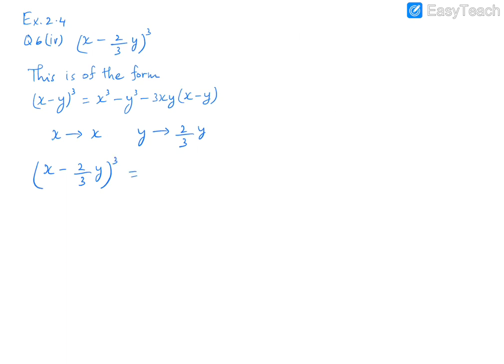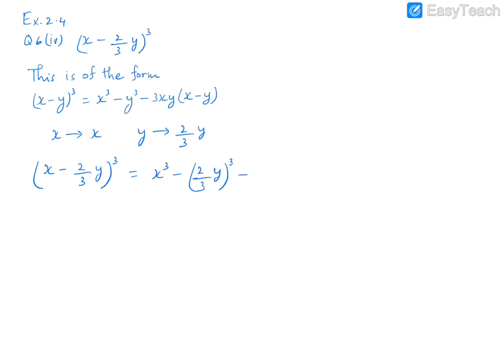So on the right hand side we have x cubed. So in place of x we have x, so it will be x cubed as it is, minus y cubed. So in place of y we have 2 by 3y, so it will be 2 by 3y the whole cube